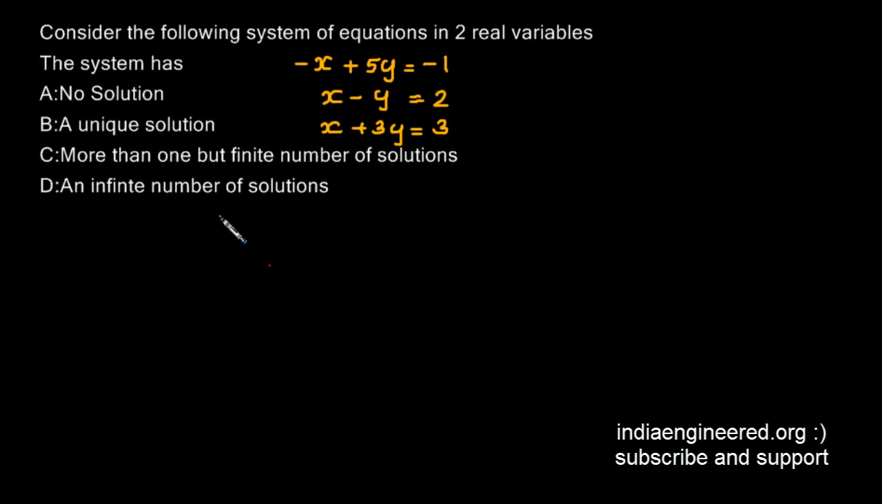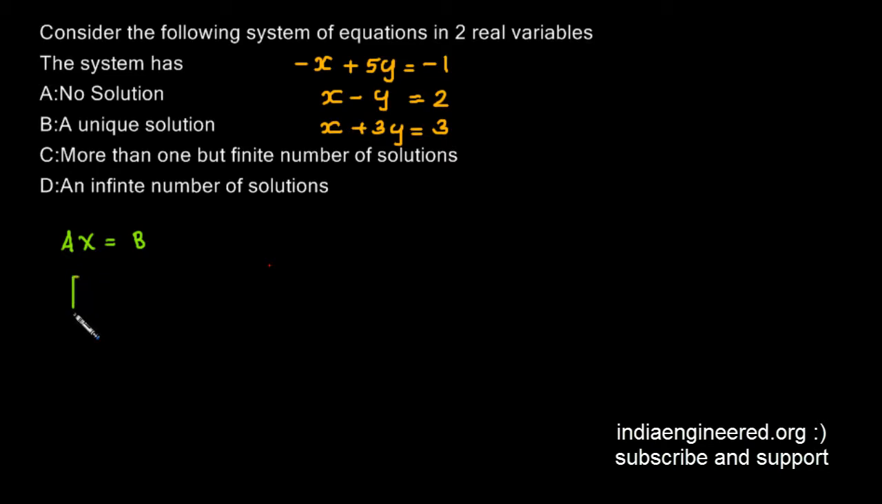This question is similar to the previous one we just did. We are given a system of equations in two real variables and we are asked what kind of solution exists for this type of system. Now, similar to the previous problem, we will find the relation Ax = b,